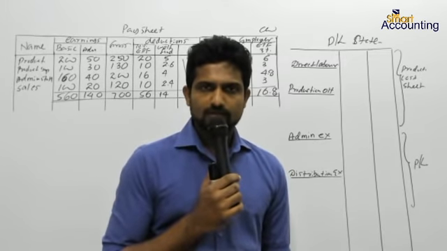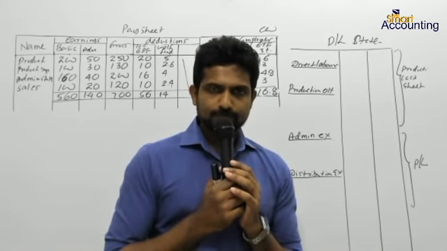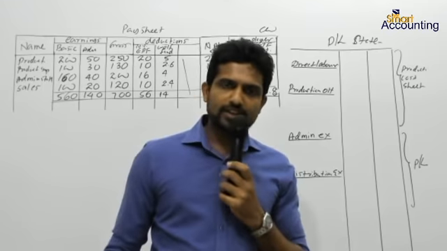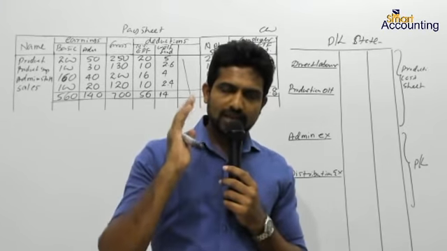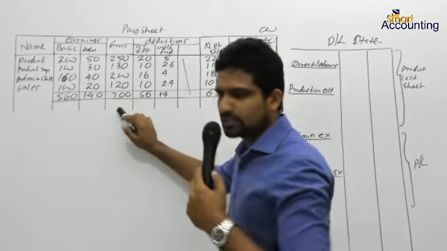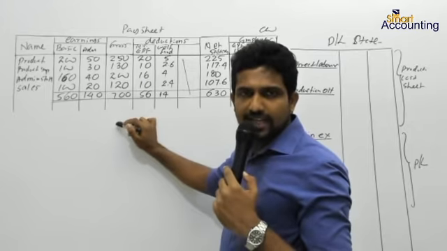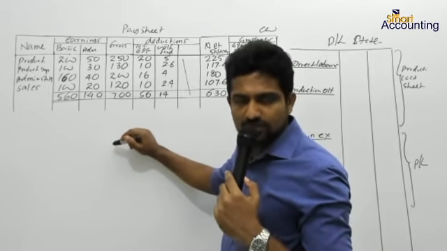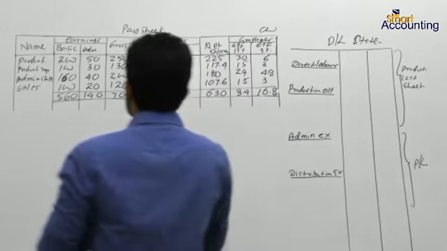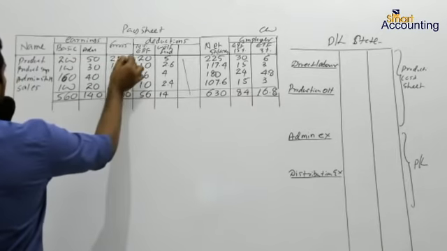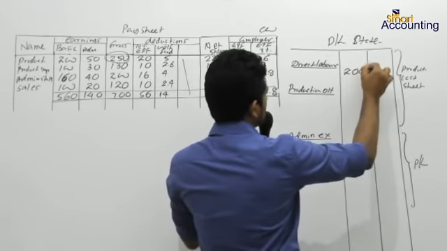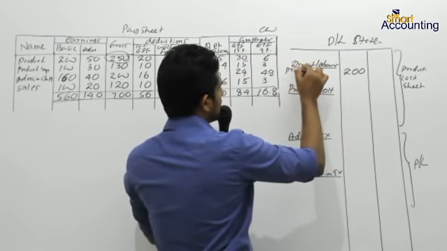Therefore, I have discussed with you, when you calculate the gross salary of the employees, the gross salary is the amount which you have to show in your profit and loss statement. Remember, not only in your profit and loss statement, in all the places you need to show the gross salary. The gross salary of the production employees, 250, should be a cost coming under direct labor cost. This is the production employee salary.